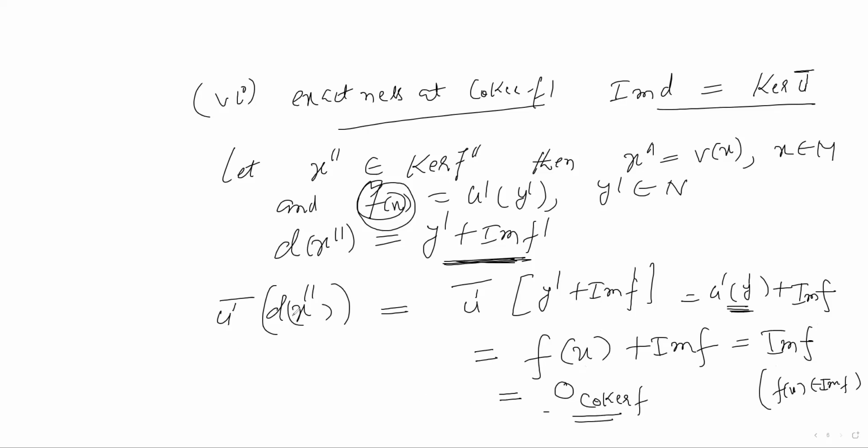Okay, so this means what? This means u dash bar composition d equals 0. So this means you can say that image of d is a subset of kernel of u dash bar. So one way around you have the inclusion: image of d is a subset of kernel of u dash bar. Now, conversely,